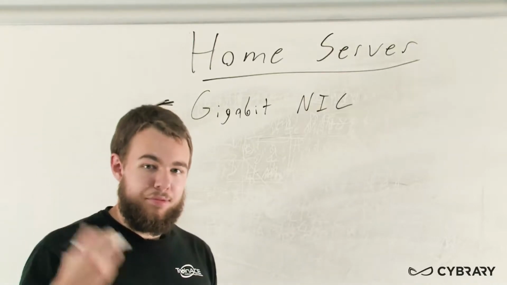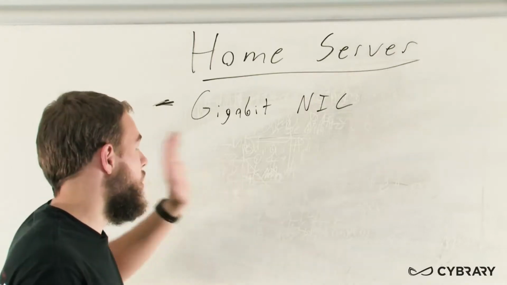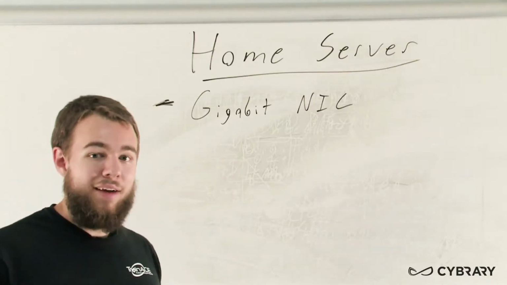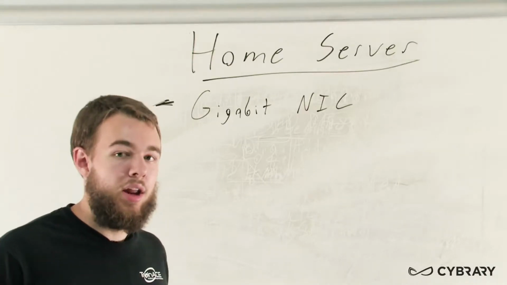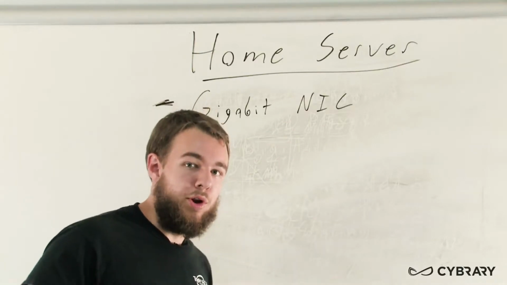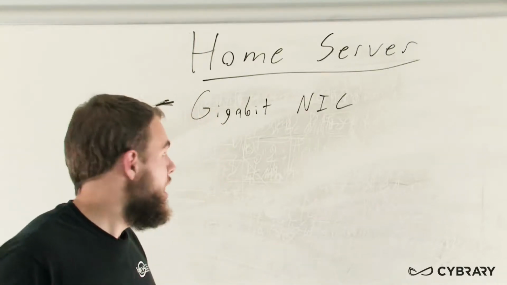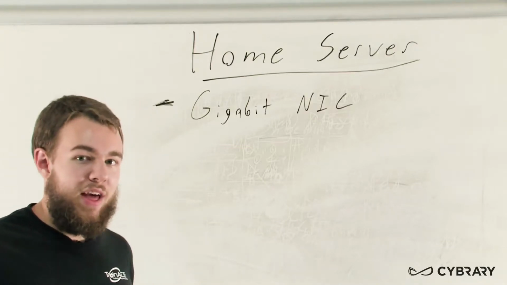You actually have to update your entire infrastructure and all of your connections between your home server and your computer would have to be running at that gigabit speed in order to achieve the maximum throughput. But the Gigabit NIC is a good place to start when you're building your home server PC. This would make sure that you have that groundwork laid and you don't have to upgrade that NIC later, or